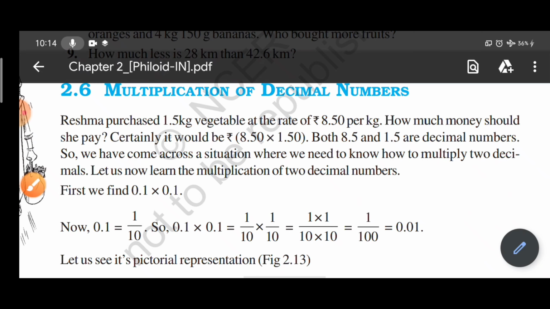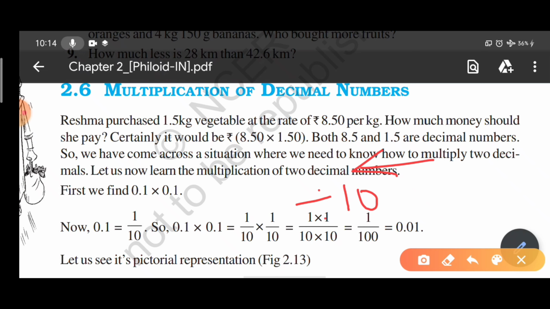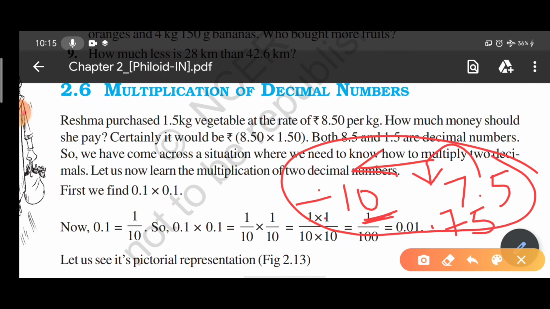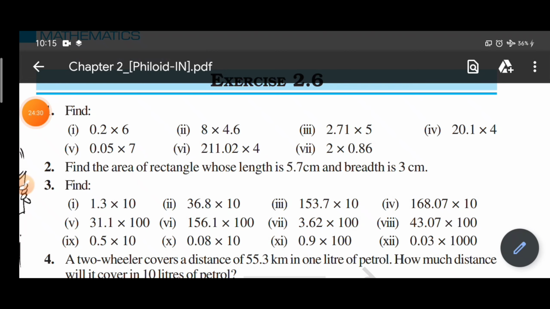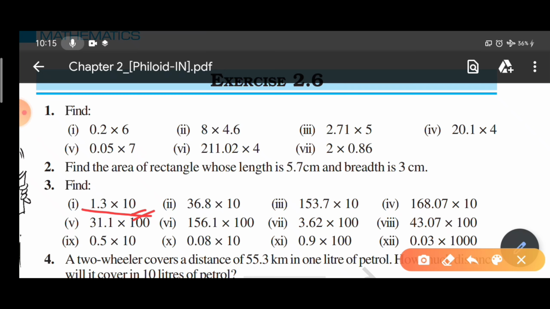But if the question changes and I have to divide by the value 10, whenever I have to divide, my decimal point will shift to the left hand side. That is, if the number is 7.5, this decimal point will shift 1 place over here. 10 means 1 place shift. So it will become 0.75. If you keep this simple thing in your mind, you can solve as many difficult questions as you face very easily. So now if the problem is 1.3 multiply 10, so the point will shift 1 place right hand side, that is 13 will be your answer. In that way you can solve.